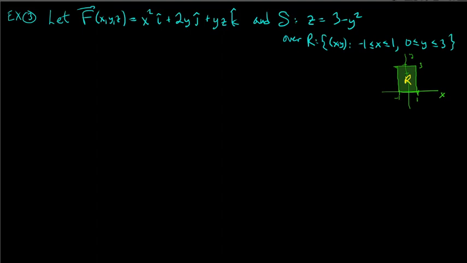Okay, first example. We have a vector field F, given in its component form, x squared i plus (y squared plus 2y) j plus yz k. And the surface S is given as z equals 3 minus y squared. Hopefully you remember what this is. This is not a paraboloid because there's no x squared. In fact, it doesn't depend on x. This is a cylinder. Specifically, though, it's not a circular cylinder. It's a parabolic cylinder,